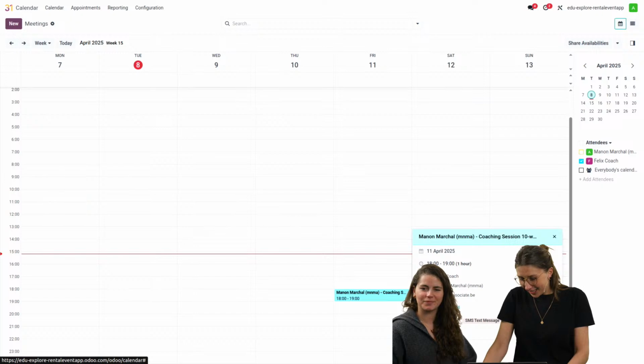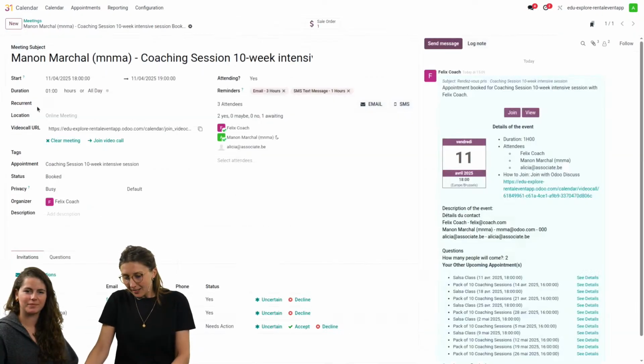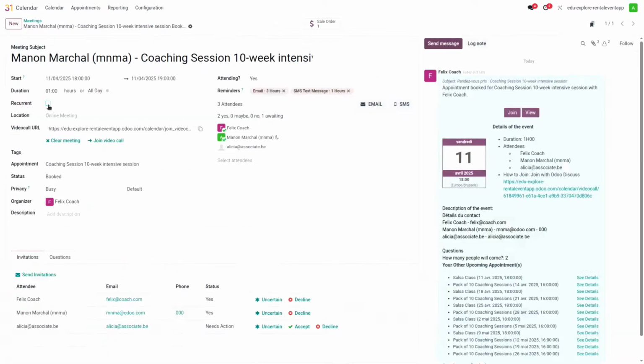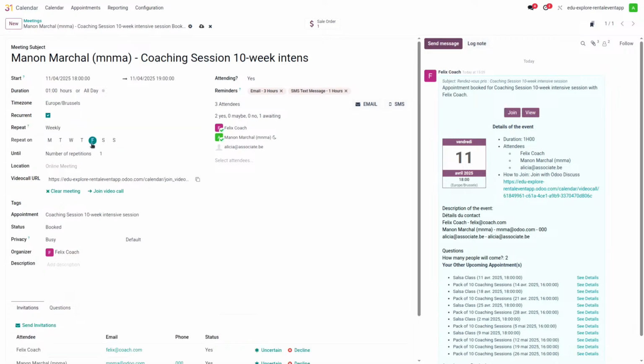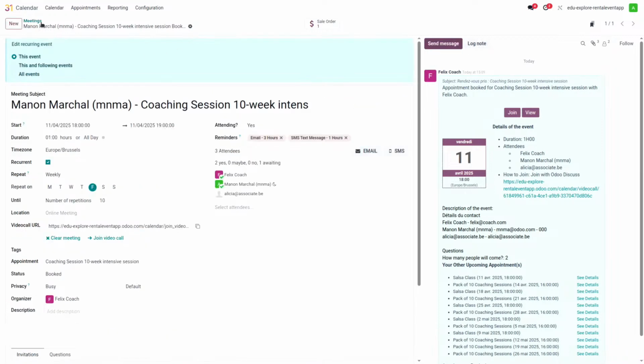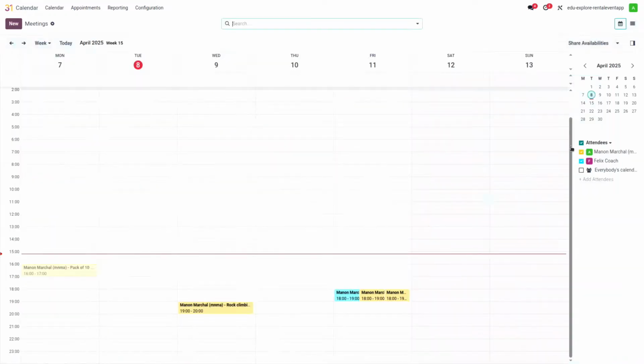So here I just click on edit, and here you can see that you have a little field, recurrent. By ticking this one, Friday is already selected, and you can put the number of repetition. And here I'll put 10 because it's a 10 intensive week. So when I save it manually, what happens is that if I'm checking only the Felix Coach agenda, the 10